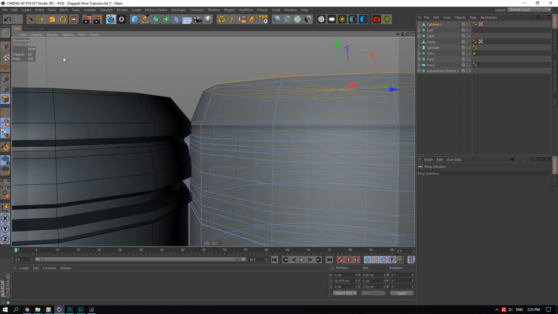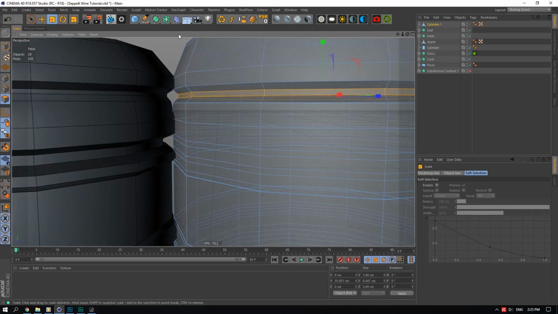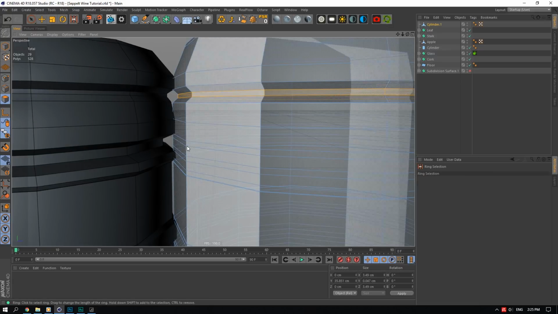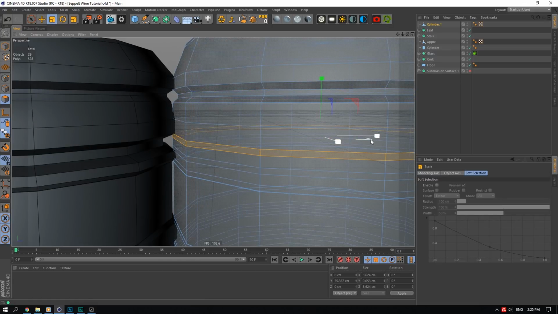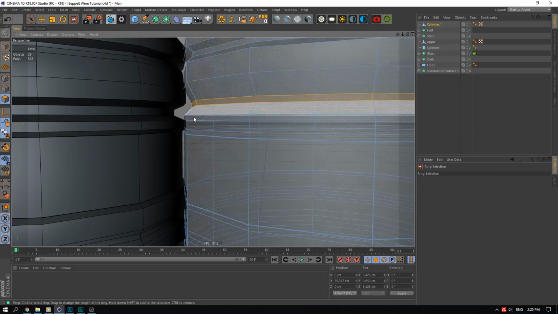So here we can go ring selection. I should really start to learn shortcuts. My cousin actually was surprised that I don't use them, he uses Blender. He was surprised that I don't use shortcuts. And he has a good point, because I use shortcuts in Premiere Pro, in After Effects, in Photoshop, and I actually don't use any shortcuts in Cinema 4D, which is strange, but